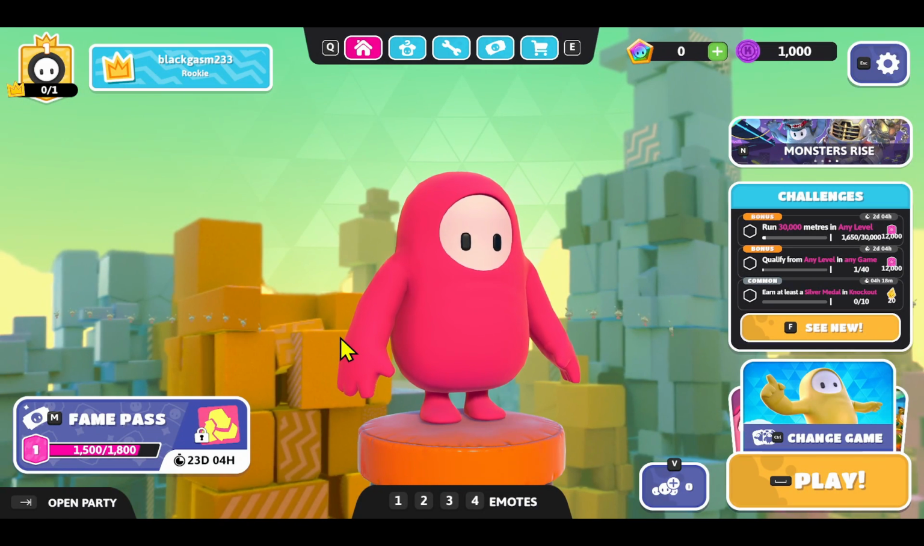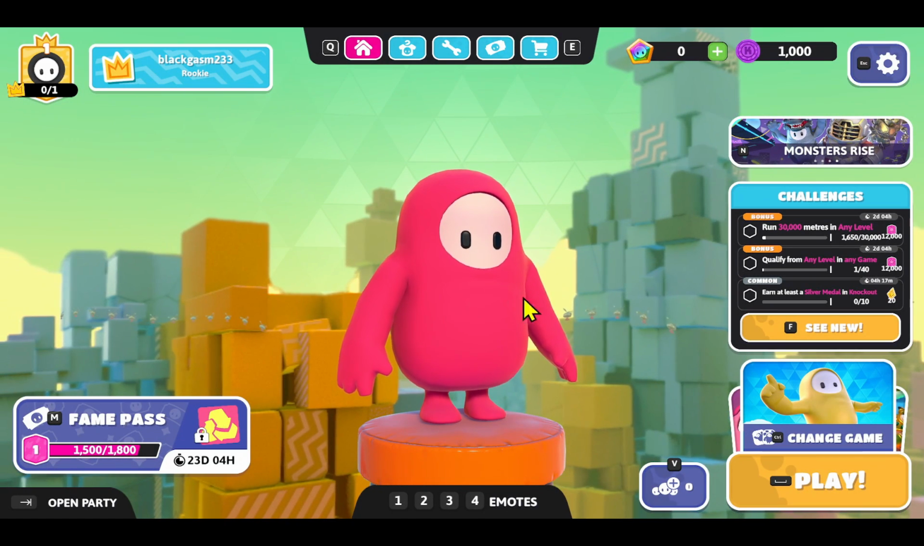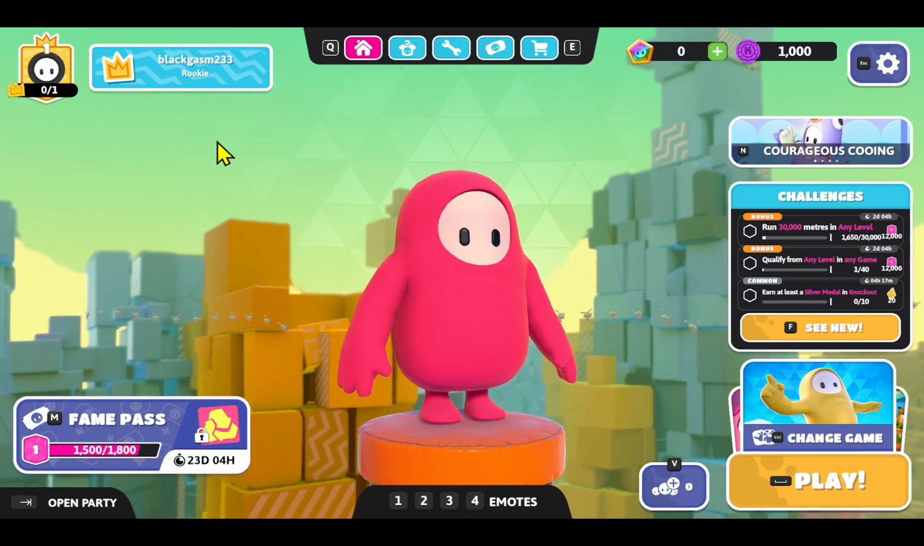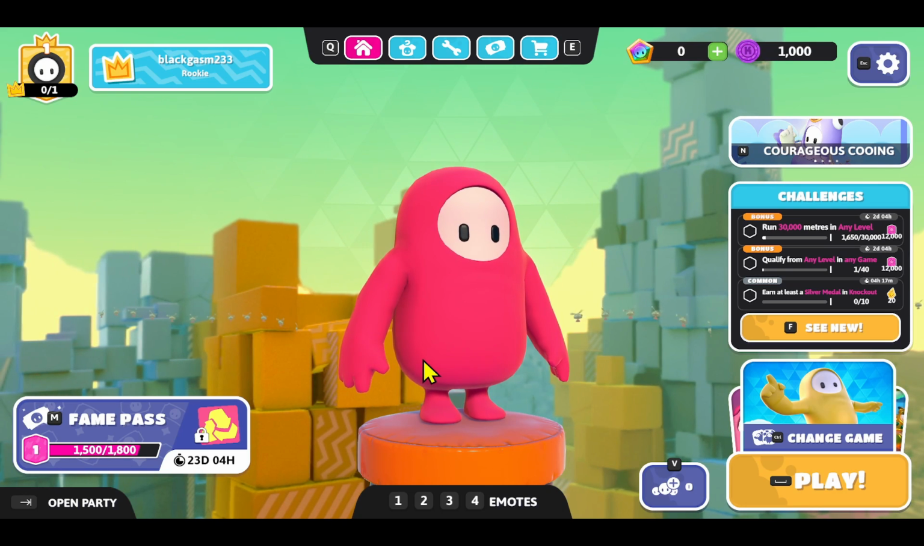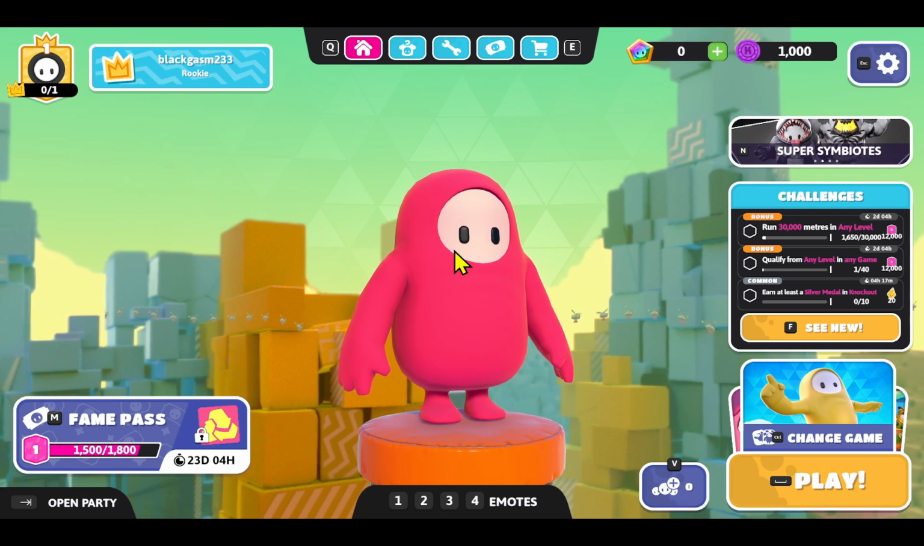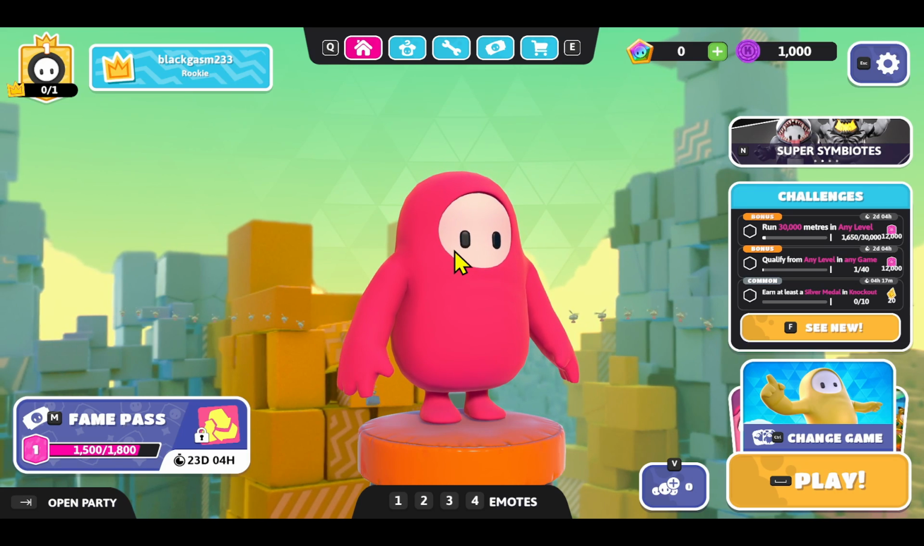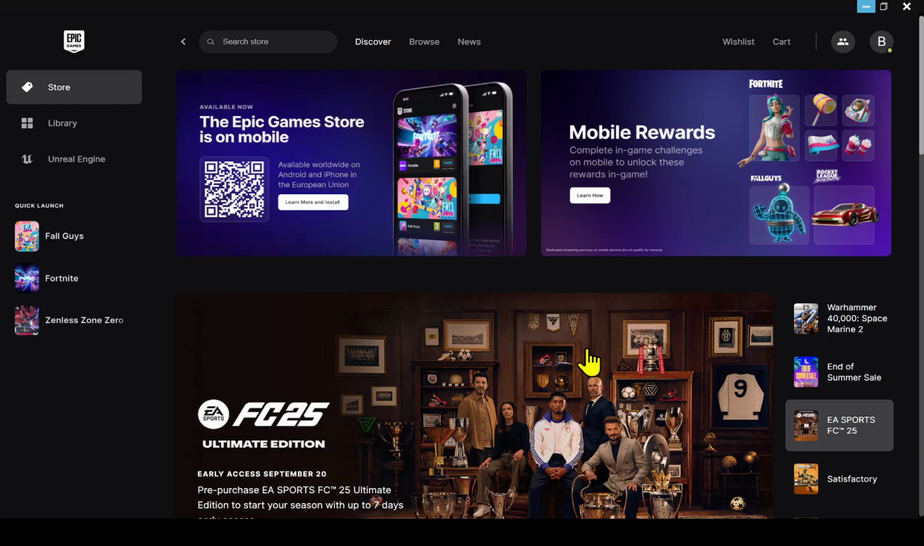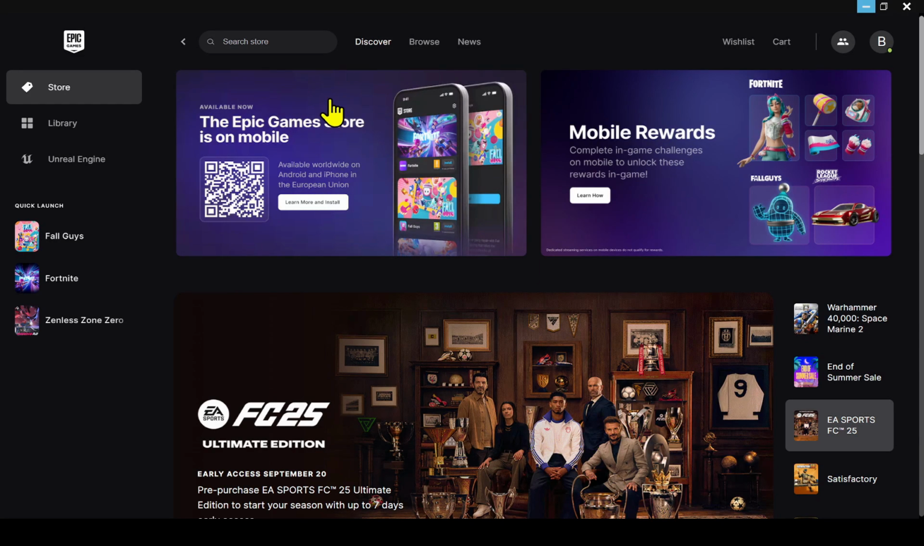First of all, if you have opened up the Fall Guys game on your device, then you might notice that there is no option to log out at all. So if you wish to log out from your account, then you will need to log out from the Epic Games application as well. In order to do this, just open up the Epic Games launcher on your device, and